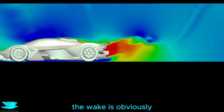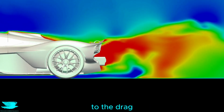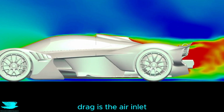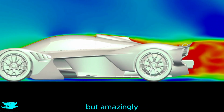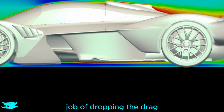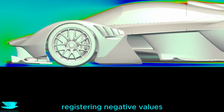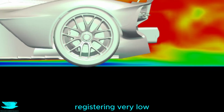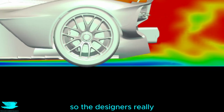Looking at the drag, the wake is obviously the main contributor to the drag. Apart from that, the only other region in this plane contributing significantly to the drag is the air inlet. But amazingly, the underbody is doing such a good job of dropping the drag, with some areas registering negative values. Under the splitter plate, there are also negative values, which is a little uncommon. Even the rear diffuser is registering very low drag values, which is impressive,